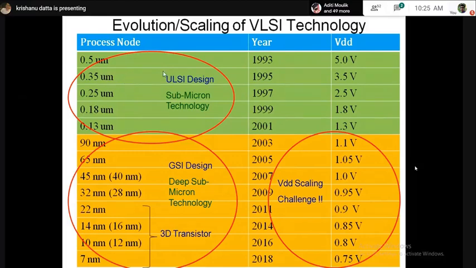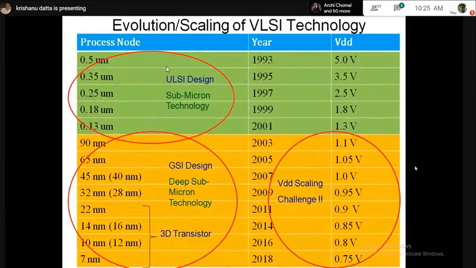And that is called Moore's law. That is the Moore's law I was talking about the other day. Every 18 months, the number of transistors gets doubled in the same silicon area. And this is the reason. To achieve that, this type of scaling is needed. Is this concept clear? Yes.